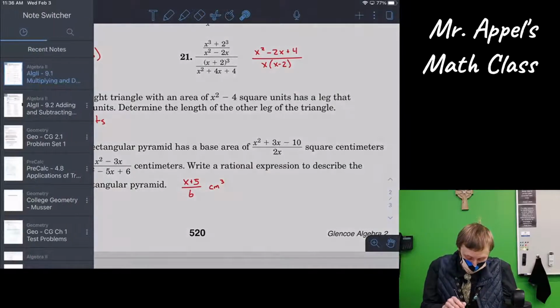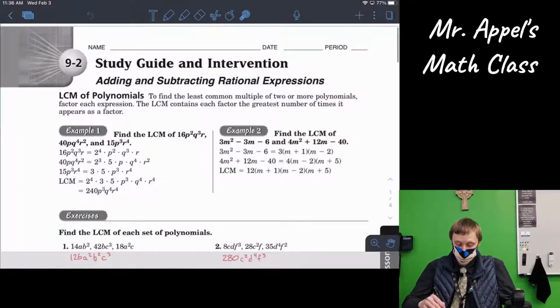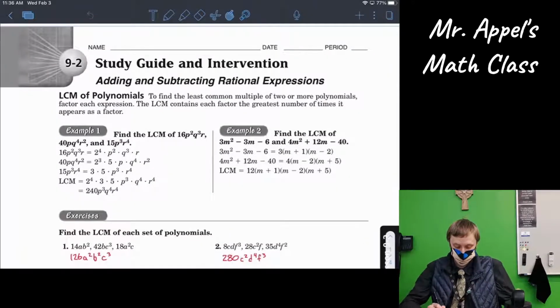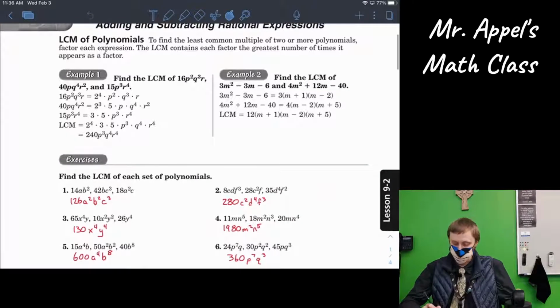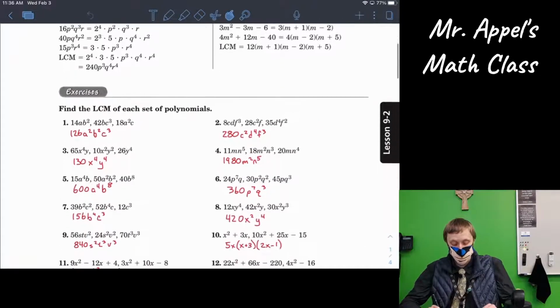All right, then back to this one, 9.2. We start with the LCMs,